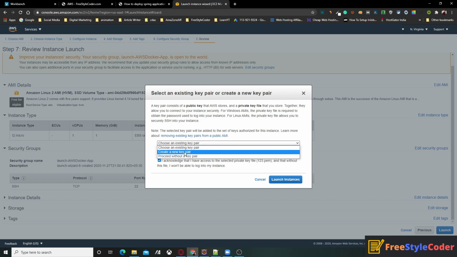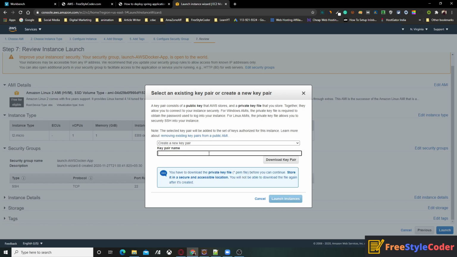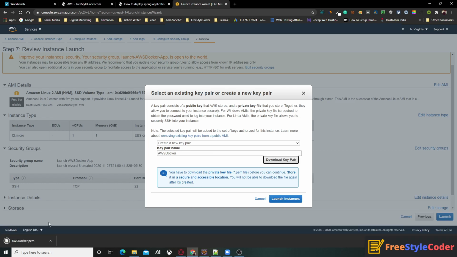So in this tutorial I am going to create a new pair and give the pair name AWS Docker. You can give any name, and I am simply downloading this. So it is downloaded as AWS docker.pem, and click on launch instance.